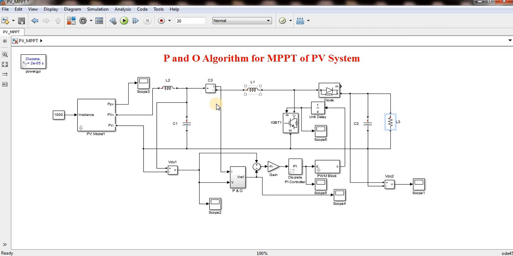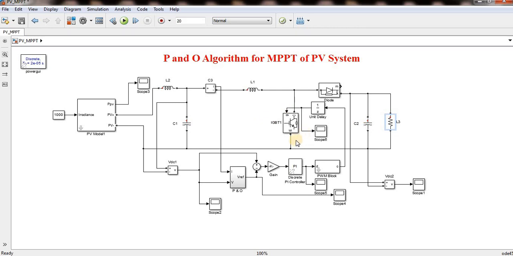But the inductor, this capacitor, and that capacitor, all these things I have taken as random values because I want to show you only the design of the P&O algorithm, not the design of all these values. Randomly I have taken these values, but for the resistance we have to calculate the minimum resistance required. So we can increase the resistance. I can make it 1000 ohms also, because P is V square by R; if R is increasing, then the voltage has to be increased to increase the power. So it can be increased by changing the duty cycle.